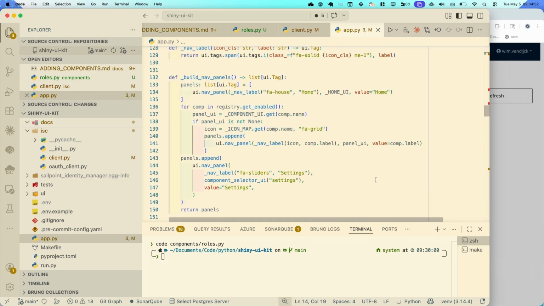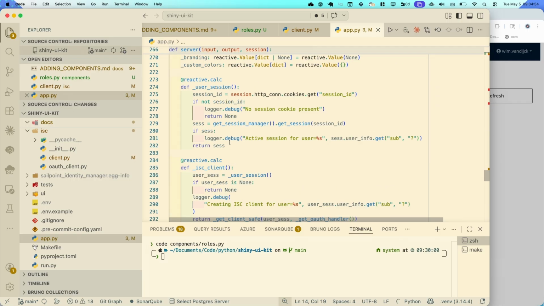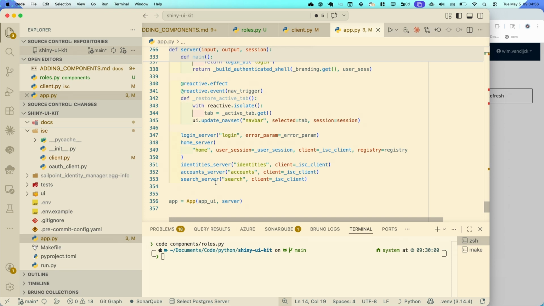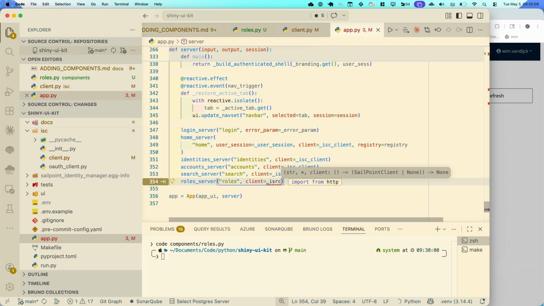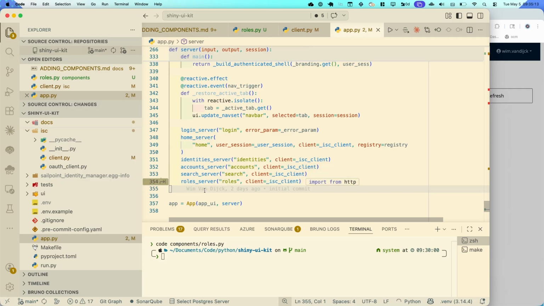And then we just attach it to the app at the bottom with the other components. So roles server, roles client. We pass it to client so that it can use that,